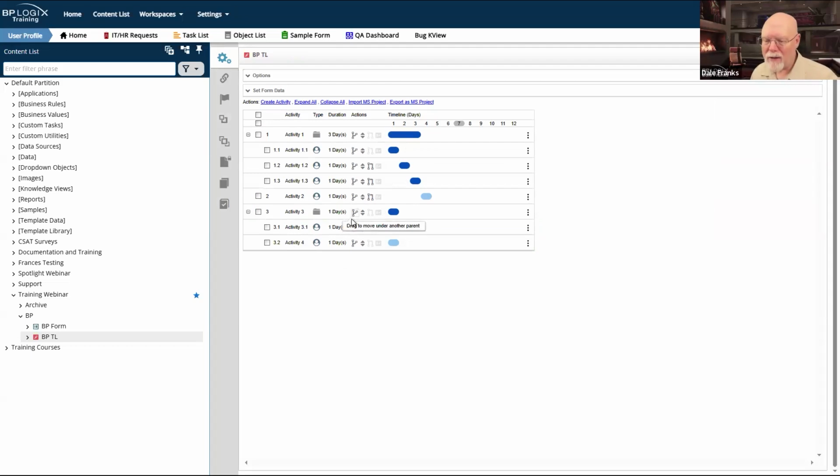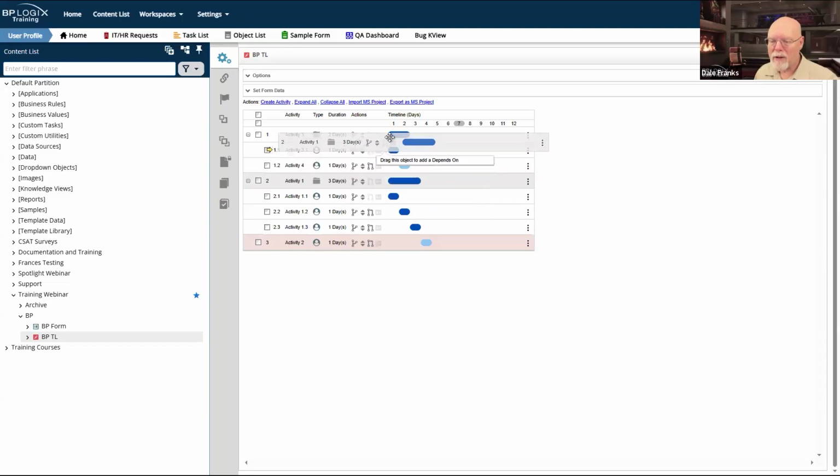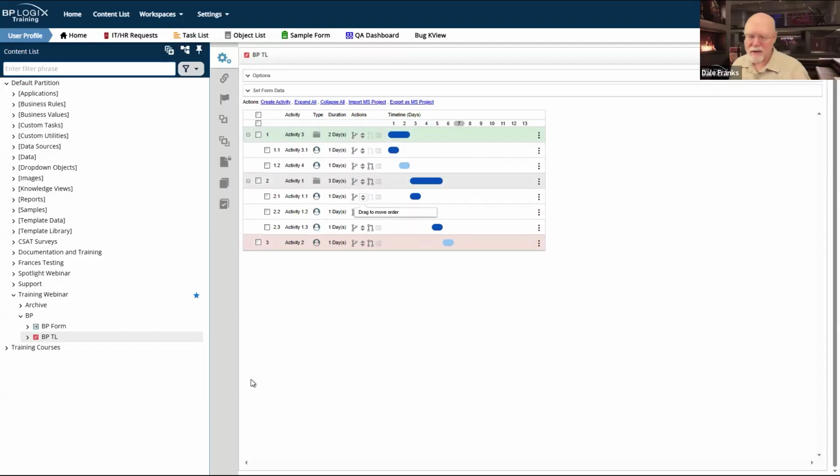Okay, so I've got this activity here, and I'm going to bring it way up here, and I'm going to put in some dependencies on my child activities. When determining when activity one should start, if I want it to start after all of the stuff in activity three and its children completes, similarly, I am going to want to set it to depend on the parent activity itself.